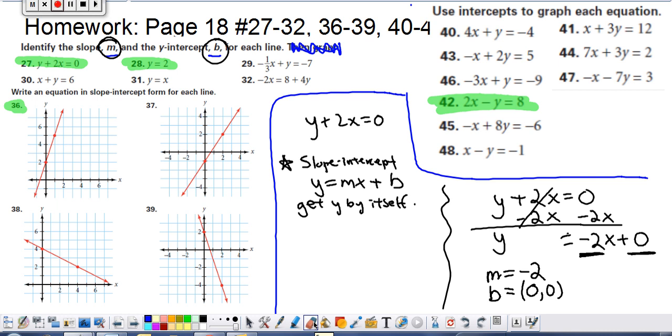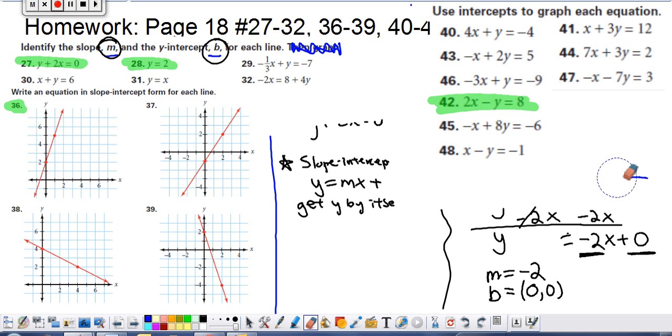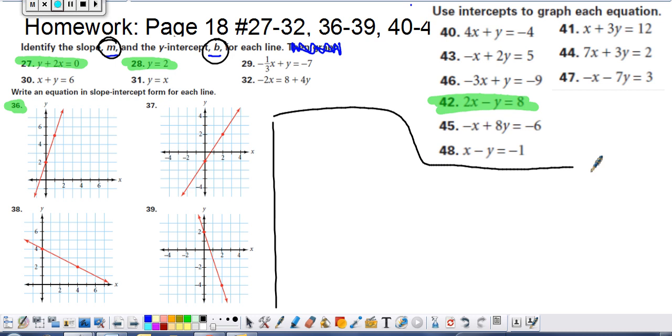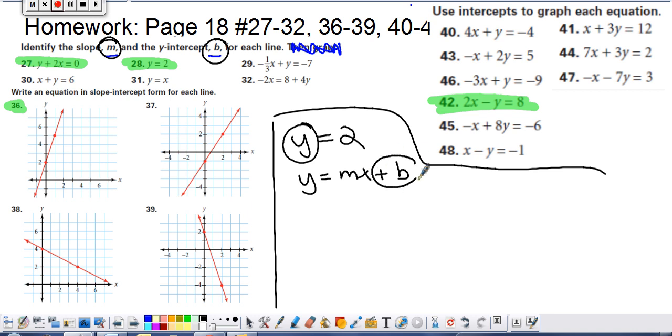Now, what if I were to, for instance, like number 28, have just y equals to something? So let's actually do that. Let's get y equals 2. And y is already by itself. I just don't see this whole mx plus b. Well, if you take a look very carefully, all of the parts are there, it's just not written out. For instance, plus b is just a number by itself,